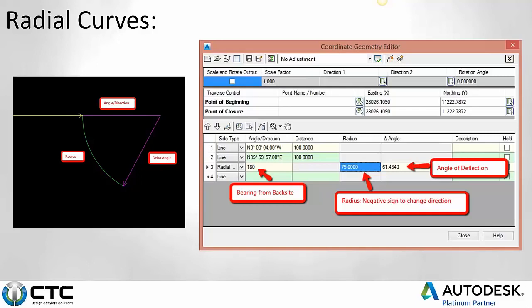Radial curves, pretty straightforward. A radial curve, I did the same curve, I just, instead of being at chord base, I said radial base. And the first thing is the bearing from the back sight, angle direction. So I took my second line here, and it came out to here. So what I said was radial, go 180 degrees from my back sight. So I had my bearing based off of my back sight, so I went 180 degrees, which is basically now going backwards. And I said go backwards 75 feet for my radius,